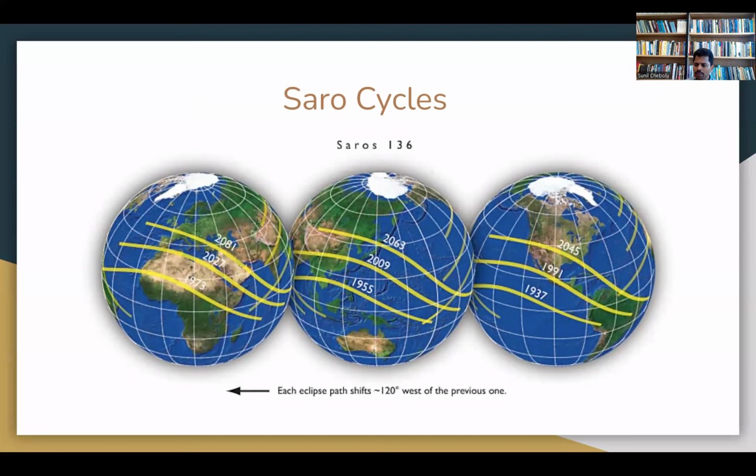So you have even numbered and odd numbered Saros cycles, depending on whether the moon is at the ascending or descending node during the eclipse, right? So here is one cycle, Saros 136. If you look at the pattern here, this is the path of totality in 1937, which is going